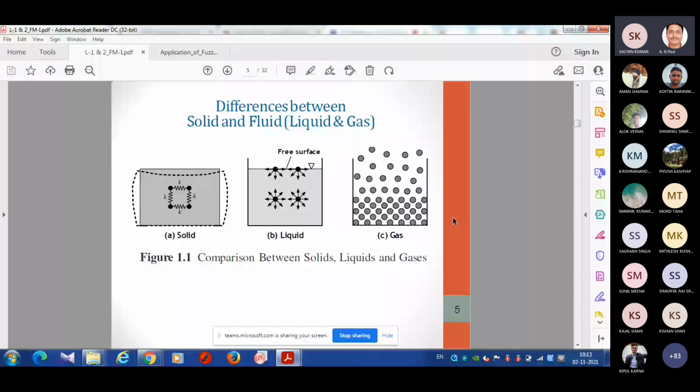I request you to please refer to the book of F.M. White. There also you will get some interesting discussion regarding the differences of solid, liquid, and gas. Ebooks are available on the internet, and I request you to please share any ebooks or materials related to fluid mechanics which you think would be useful for the students on WhatsApp. Those having copyright issues should share on WhatsApp, not through MS Teams. Otherwise, our institute will receive a copyright violation notification. That is completely unwanted.